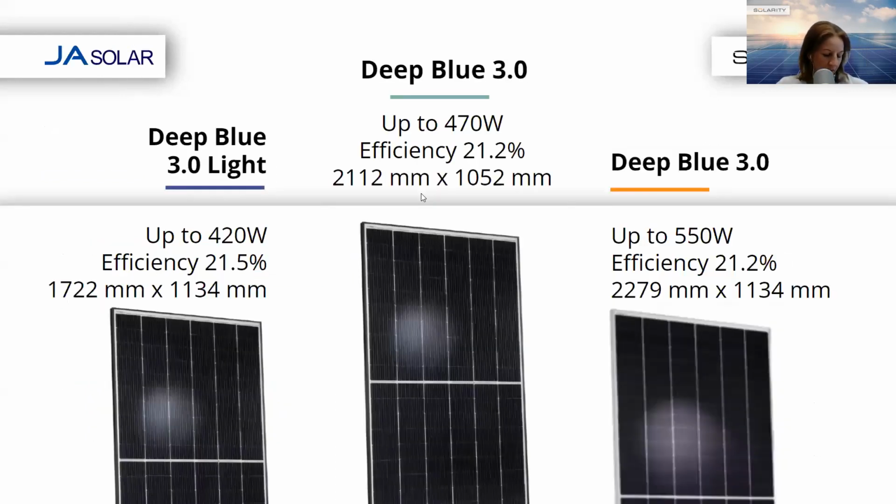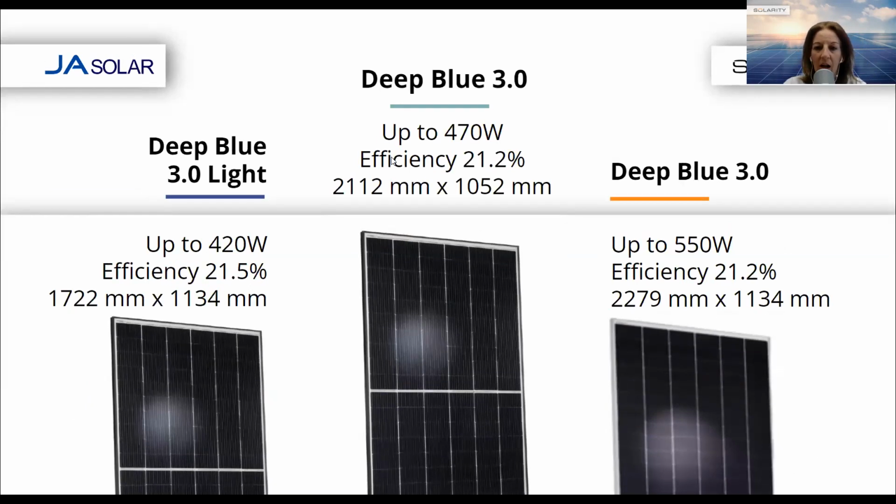Let's move to JA. So JA models, JA as a brand, it's actually one of the newest ones. We started cooperation in the last quarter of 2022. Since January, the first POs were placed. So the models are available, let's say, from February, March. Those ones are the mainstream. So the small modules with power output up to 420, the middle size up to 470.